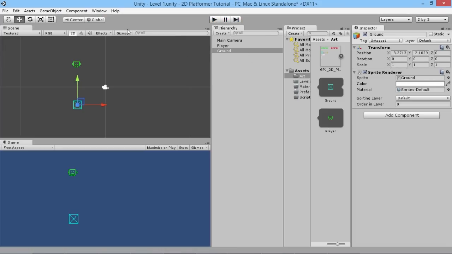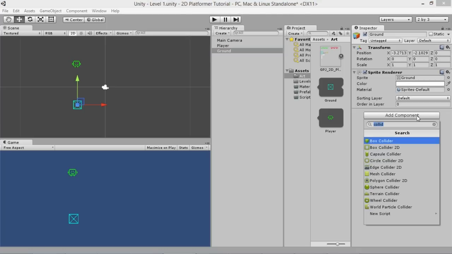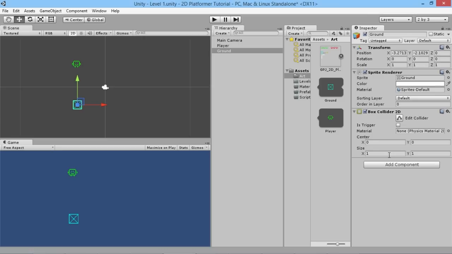So go back out of that, and then what we're going to do is select the ground and press this add component button. And we want to add a collider to the box so that things can bounce off each other and bang against each other and all that fun stuff. So if we go to physics 2D and then box collider 2D,